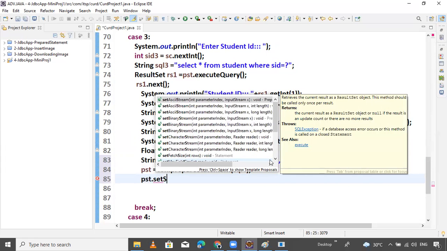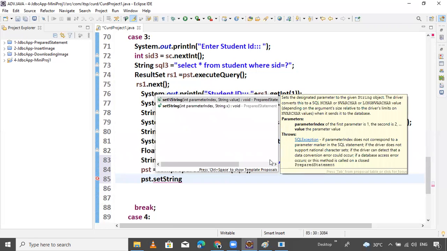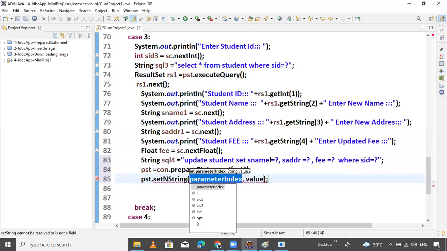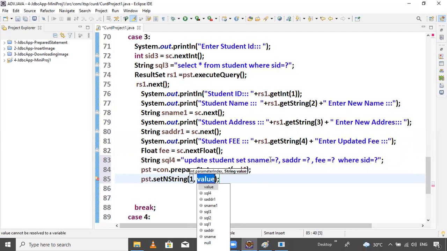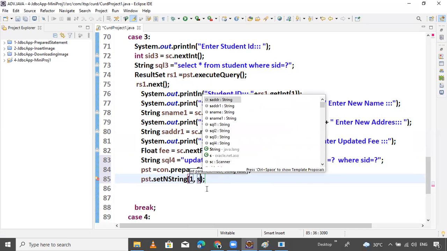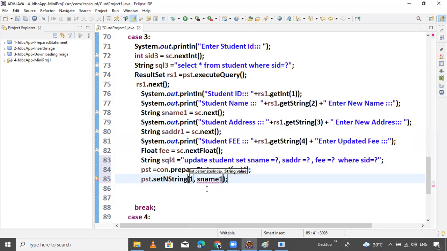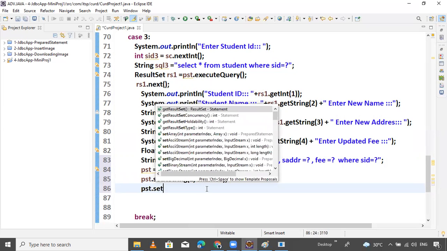PST dot set string. First I want a string. First we set the data string. What is the value? Index number 1. Name is name. Just name. S name 1. Inserted. PST dot set string.